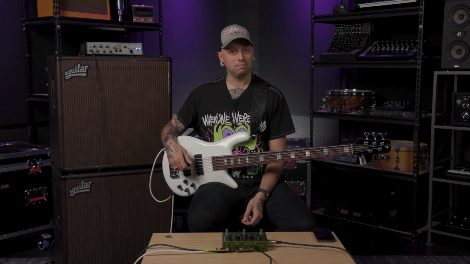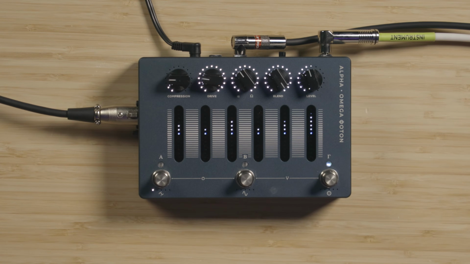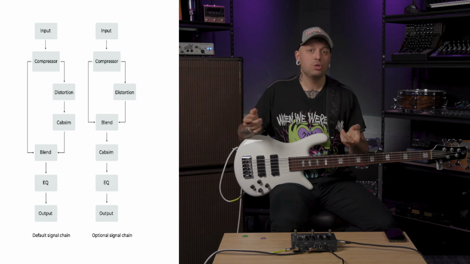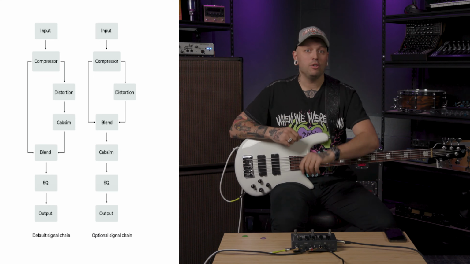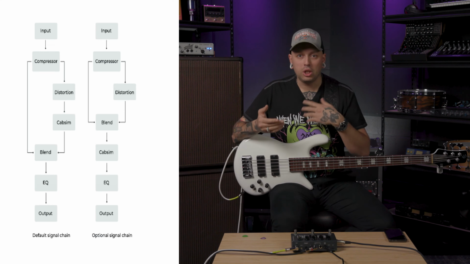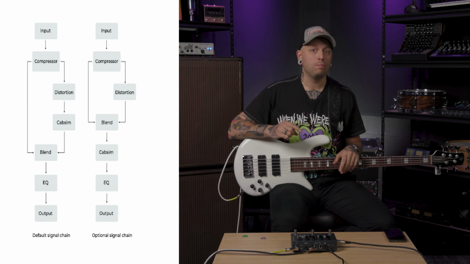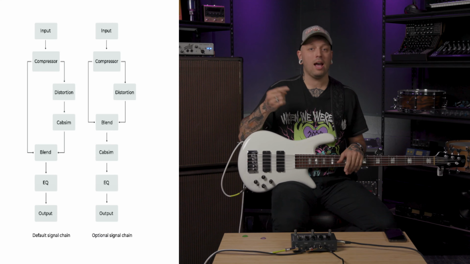Let's move on to the Photon. The Photon is based off of the Alpha Omega Distortion circuit. So this is great for anybody who has any of the Alpha Omega style pedals by Darkglass, but wants to have 2 more settings than what a single pedal can provide. The signal chain is close to the ADAM, but does not have Nolly's preset multiband compression, just clean tone that you can blend in. With Photon, however, you can choose to put the cab sim in or after the blend